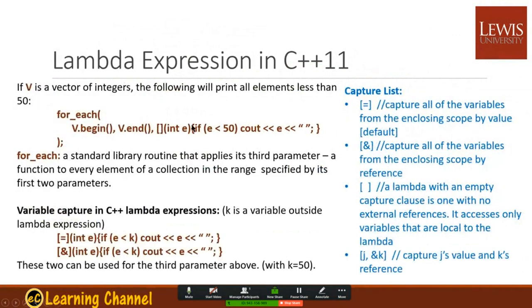So a lambda expression can be used like here. We have the lambda expression with no capture. When you have an empty capture, it means that it has no external reference. So basically right here, you actually will have an E. For each V as a vector, set the begin of the vector and the end of the vector, and it will check whatever element will be put here, and then if it is less than 50, we'll print that element